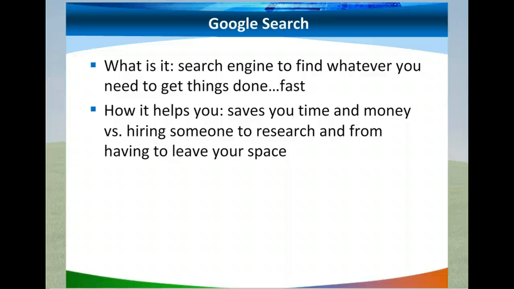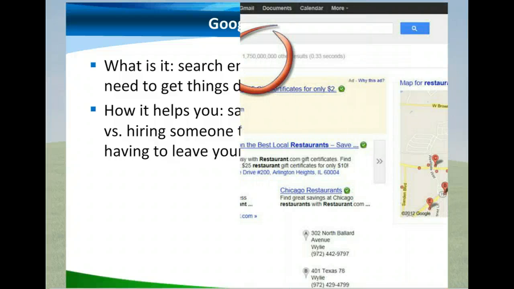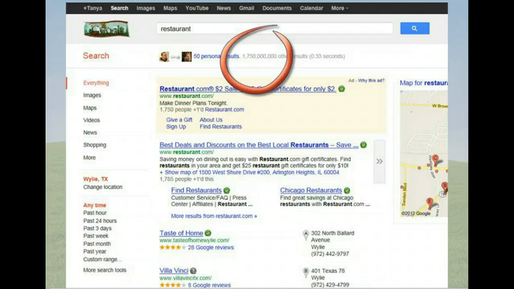So, most of you probably type in an item that you want, and let's talk about food because we can all relate to enjoying food. Let's say that you, as a solopreneur, are looking to locate a restaurant so that you can host a business meeting or meet with that client you needed to meet with next week.